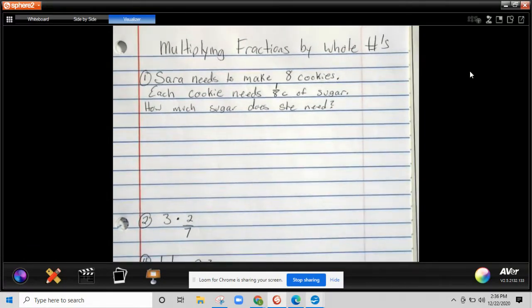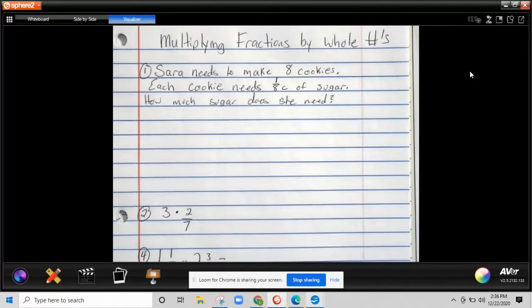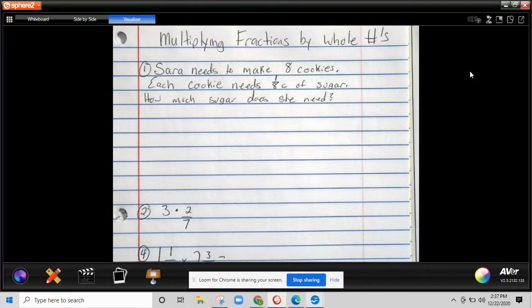Now, Sarah needs to make 8 cookies. Each cookie needs 1/8 cup of sugar. How much sugar does she need? This is a real life scenario. Especially around maybe Thanksgiving, Christmas, birthdays, you're going to need to make sure that you have enough sugar. Now, you may be making more than 8 cookies, but we're just going to start with 8 cookies here in